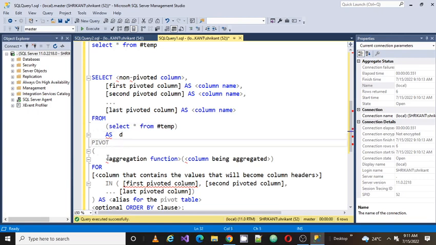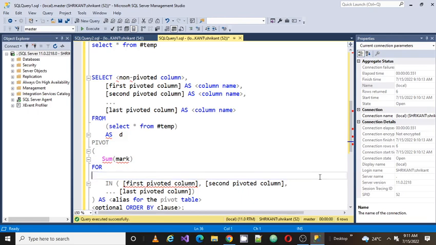Then there should be PIVOT. Here you need to use the aggregate function. Here I want to sum the data. Sum for what? Sum for the column being aggregated. Which column do we want to aggregate? Mark. Then next, here you need to place the value. Basically, which column do you want to make into the headers or columns? Here it is year,